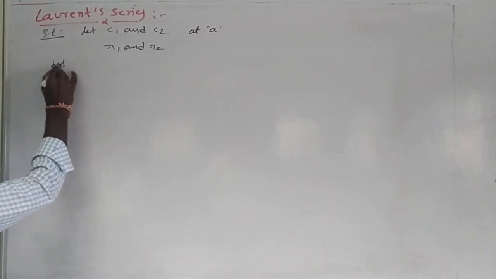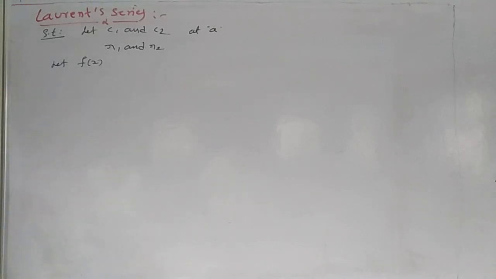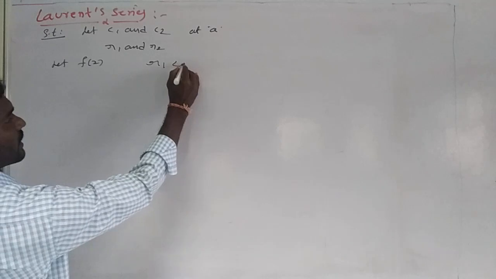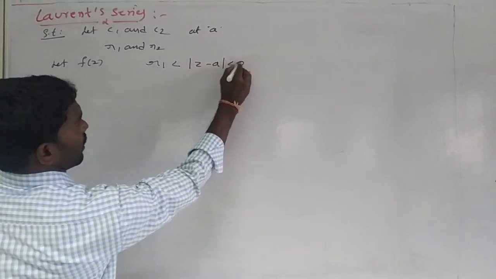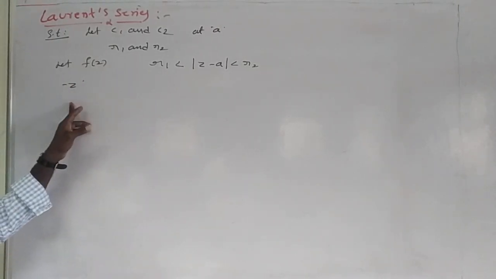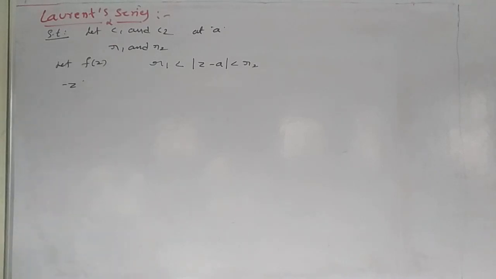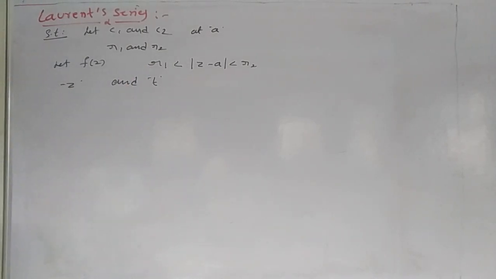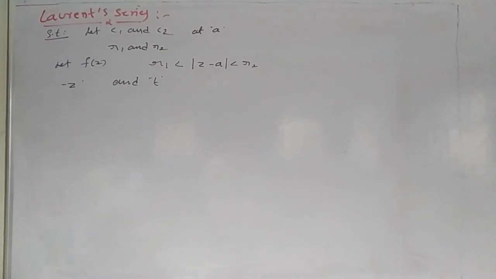Let f of z be analytic on the two circles C1 and C2, and in the annular region R1 less than modulus of z minus a less than R2, and let z be any arbitrary point in the analytic region, and t is any point on C1 or C2, then the Laurent series of f of z